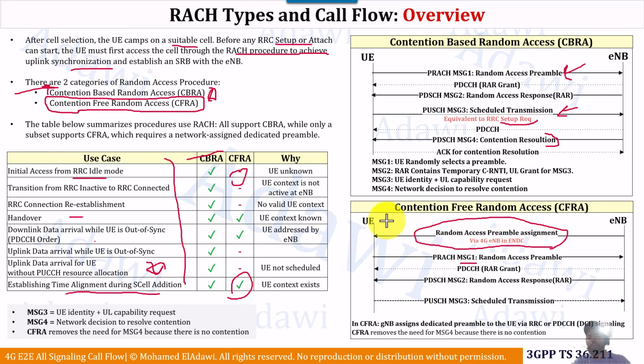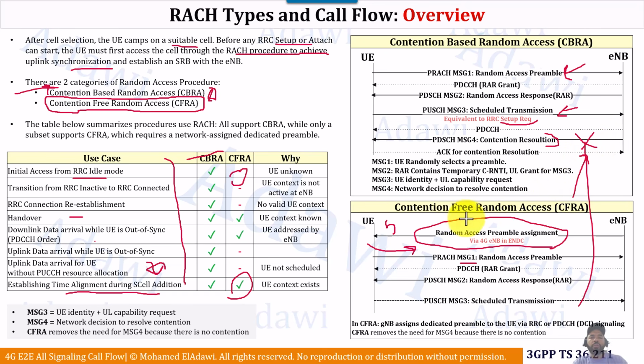For example, tell him to use preamble number 5. So the user will use exactly the same preambles, and in this case he will initiate again with the same exact procedures, which is message 1, then message 2, then message 3. But the main difference is you will never find this message number 4 in the case of the SIFRA, because